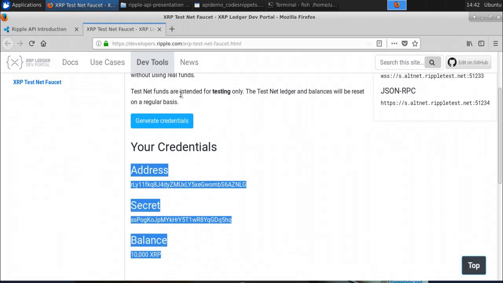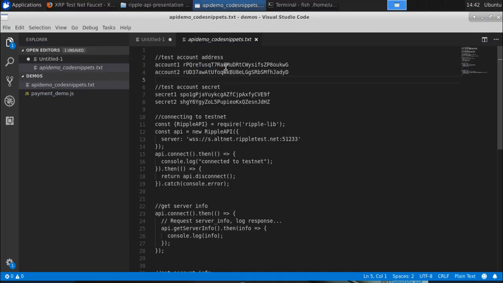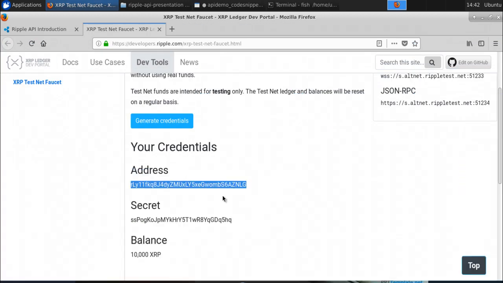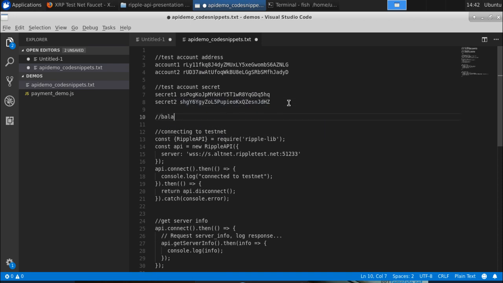So let me just copy the first account. We will paste it here. I will copy the secret over here, secret 1. Okay, I also will have balances.